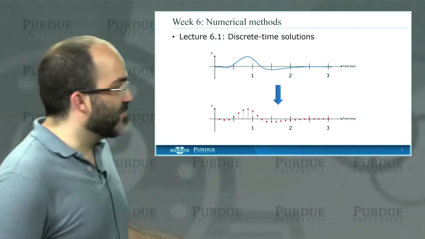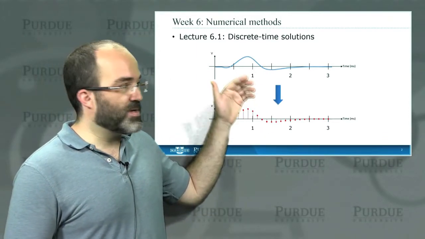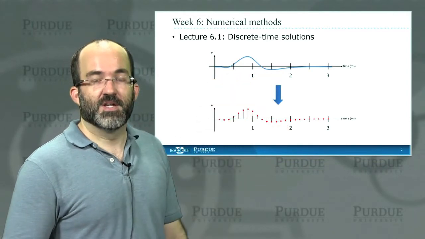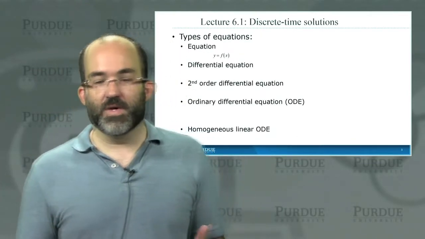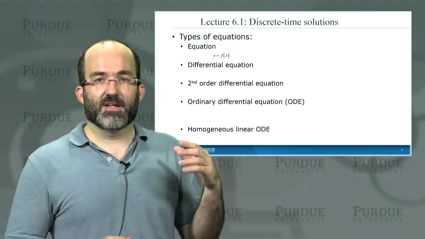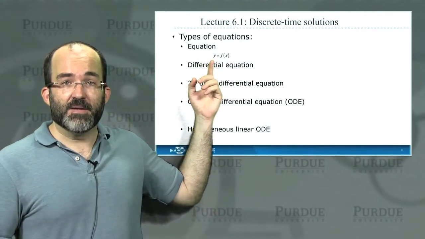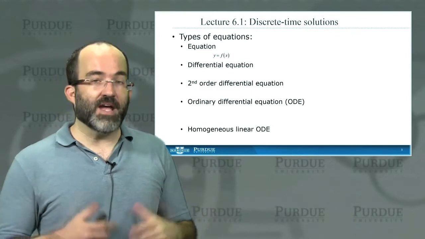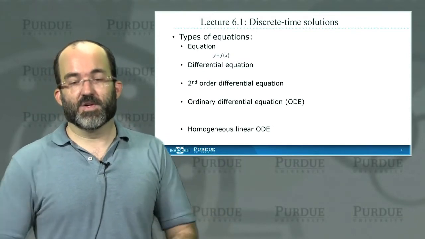So let's dive in. Before we go any further, I want to talk about today's lecture. I want to talk about discrete time solutions versus continuous time solutions. And solutions of what? Solutions of differential equations. So what is an equation? There are many different kinds of equations. The simplest form is the kind in which you relate a dependent variable, in this case y, to an independent variable, in this case x. So x can be any number of values, and for any value of x, you have a corresponding value of y. That is an equation.